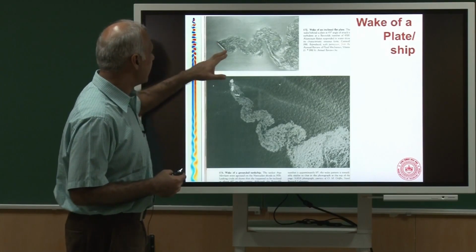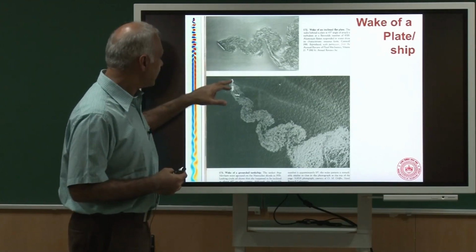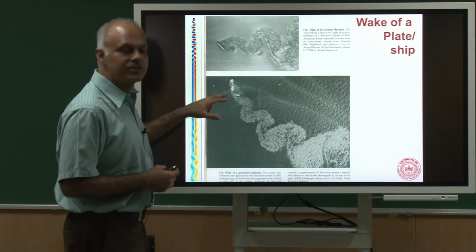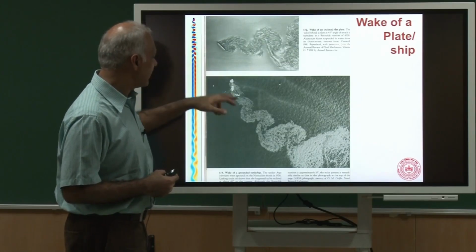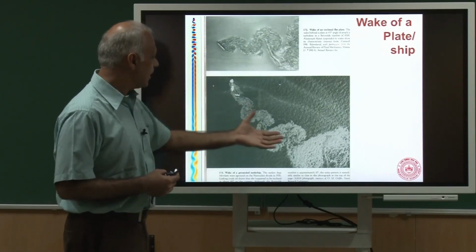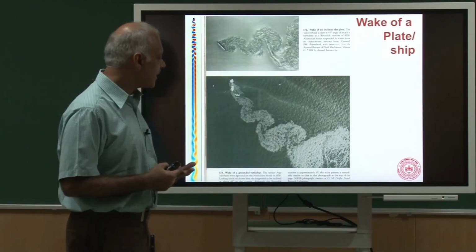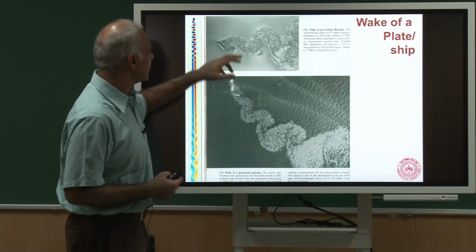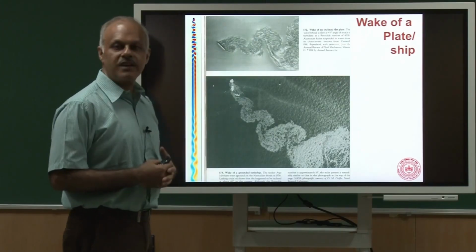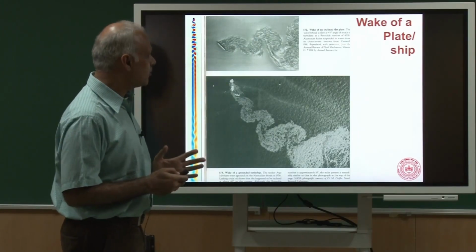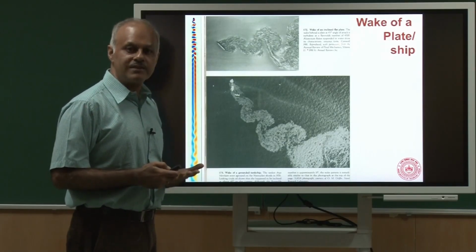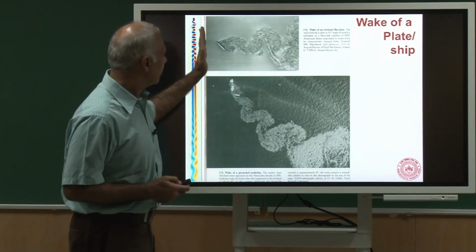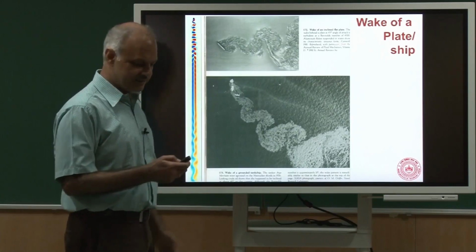Just to show you that the shedding of these vortices is kind of universal, these are two pictures. So there is a flat plate, it is not a cylinder anymore, and this actually is a ship. So somebody has taken a picture of a ship in which there is an oil spill and there is an ocean current, and then the oil spill is acting as a flow visualization marker, and that gives you the idea of vortex shedding. And again you see very nice turbulent structures between a well organized vortex shedding. Okay. So this should give you an idea about how complex the flow is. Okay. The incoming flow very quiet, uniform, but the flow downstream of this object completely changes it. All right.